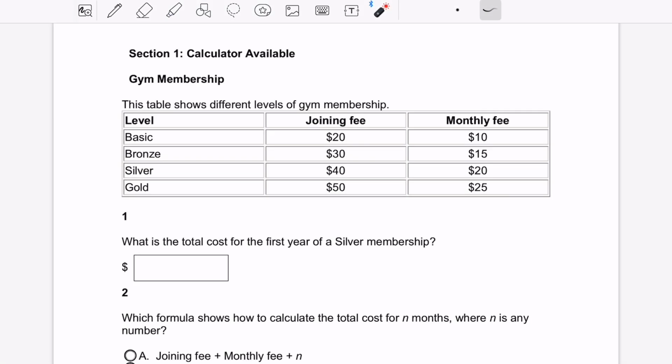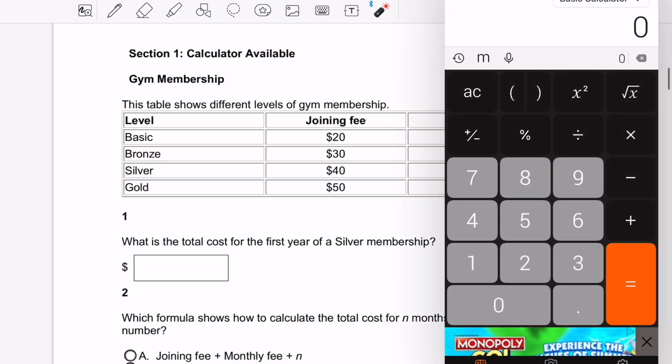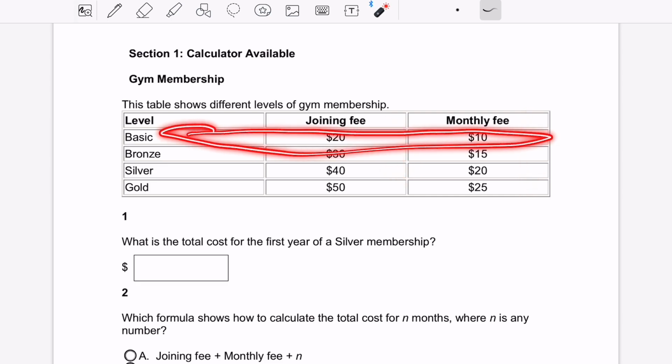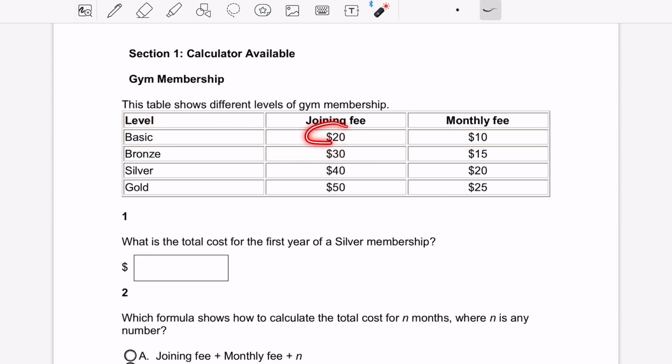Alright, so the first question is calculator available, so I've got my calculator on the side here and I will be making use of that to make sure I don't make any silly mistakes. Alright, first one, gym membership. This table shows different levels of gym membership. So here it is. I can see that there's the different levels, the joining fee and the monthly fee. If I read across, it will tell me for basic level, I will have a $20 joining fee and a $10 monthly fee. So the first question says, what is the total cost for the first year of a silver